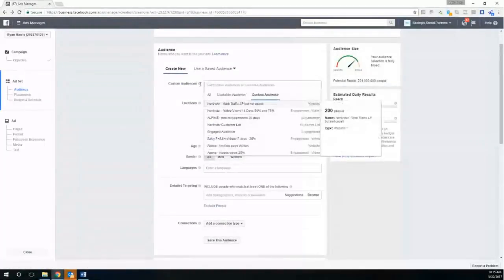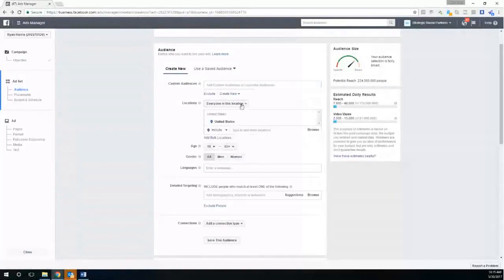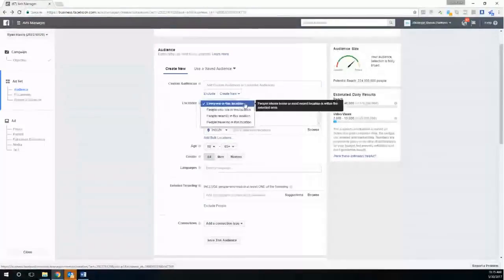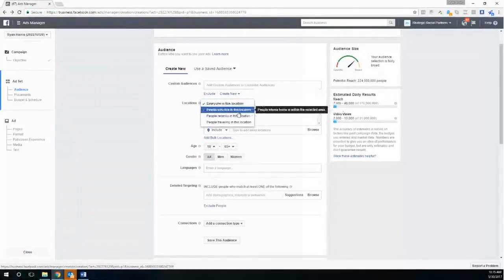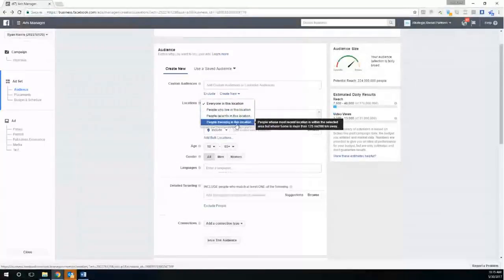So again, like Brad mentioned, we can go into custom audiences. We can even go location. Now, what's cool about location is, look at this. You can have people who live in this location, people who were recently in this location, or people traveling in this location. So people most recently within the selected area, but whose home is more than 125 miles away. Now, what does that mean? And why would we ever utilize that